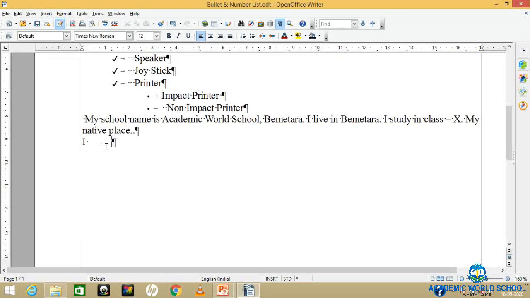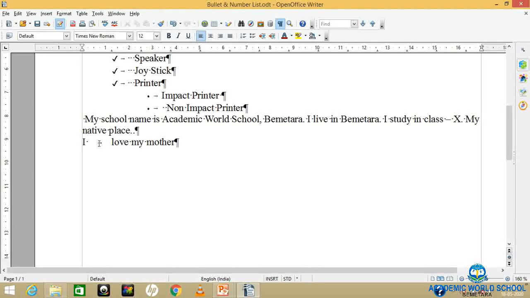So you can see there is a dot. I love my mother. Now you can see I pressed space bar, so there is a dot. I pressed the tab button, so there is a tab arrow, and I pressed enter, so there is this Q symbol.